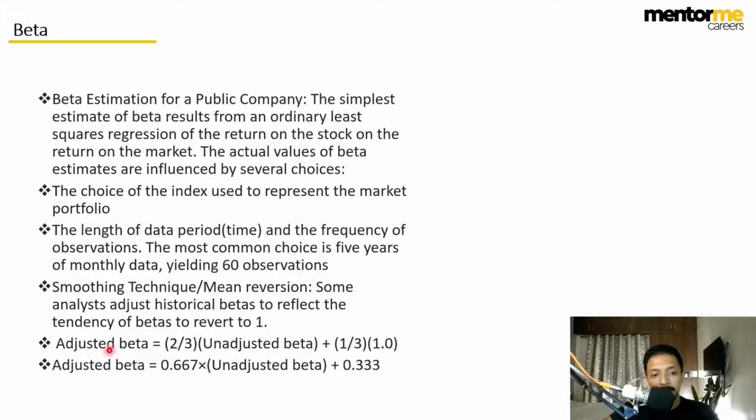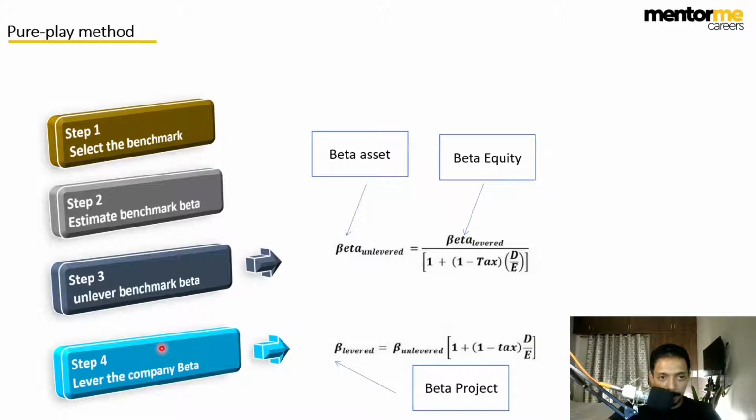And then we're going to discuss adjusted beta, or levered and unlevered beta. If you were talking about an IT company which is not listed, how do you find the beta for that? We're going to get to that as well. And this is the formula for the pure play method,